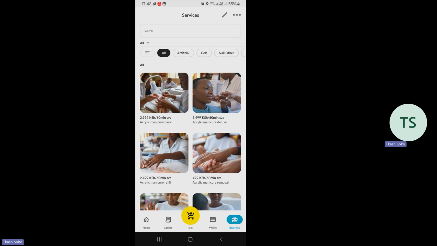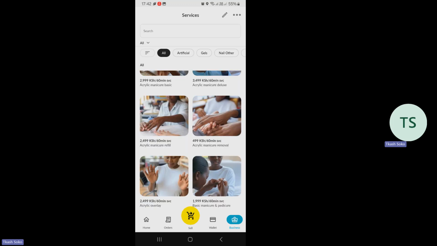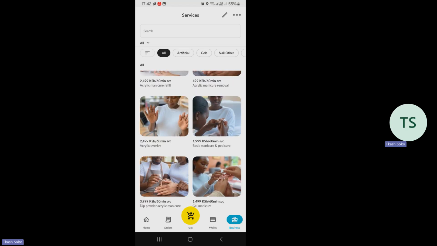So let's get started with the process of fixing. So we'll start with option one. You have looked at the list na ukaona like easy manicure basic, manicure direct, and so on. Maybe there is one item that I don't offer. For example, say I don't offer the basic manicure and pedicure.